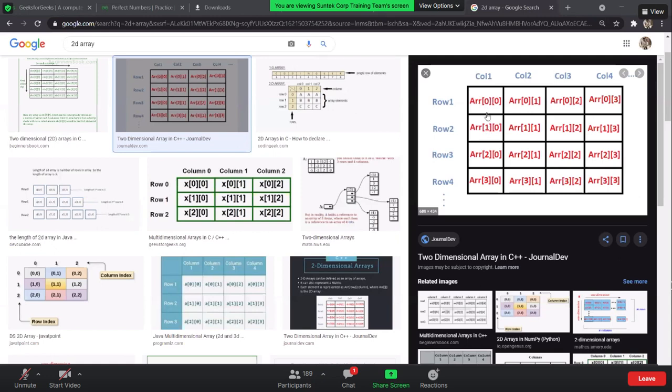If I am at here, how many ways do I have to reach in this column at any position? 1. Do you all agree, right? So I have only one way to reach everywhere inside it. If I want to reach here, there is only one way. I directly need to move in the downward direction. There is no other way I can get it.